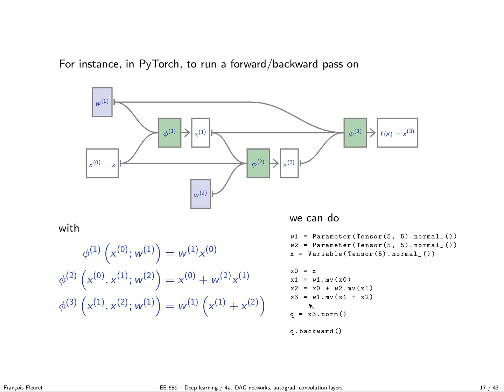But the difference with TensorFlow is that here, in Q, I actually have the value of the norm. So Q contains the value 3. And when I do this, it's going to fill all the grad fields of W1 and W2. Not this one, because I did not say requires grad equal true, but that's just a choice. So when I'm here, Q has the proper value, and I have actually filled all the grad fields of W1 and W2.